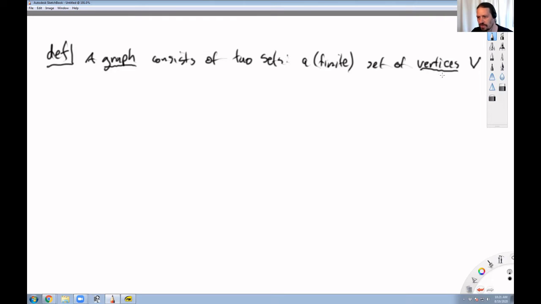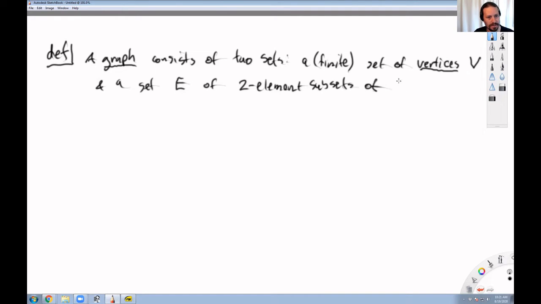I'm going to be defining three terms simultaneously here, which doesn't totally make sense. But the word vertices is just the name of this set V. It doesn't have any property. It's just a collection of things. And a set E of two element subsets